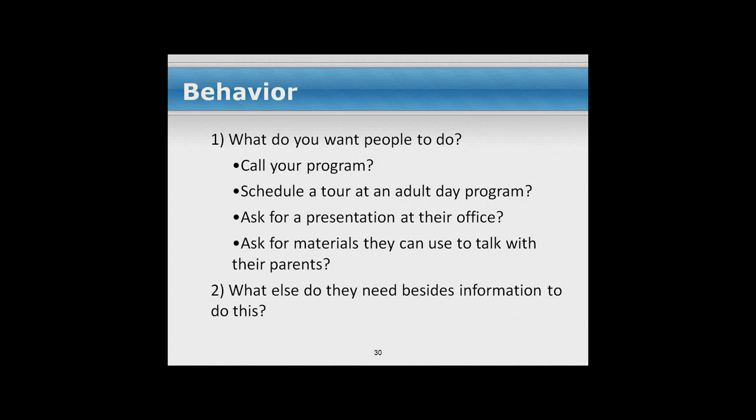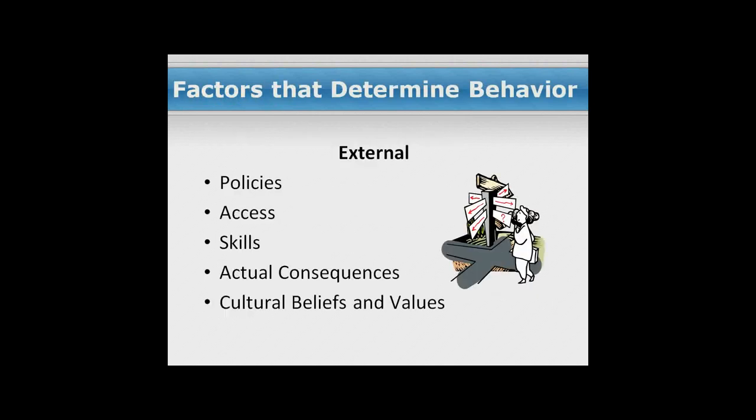And that gets into what else do they need besides information to do that. So what are the factors? What are those kinds of things that they need? Externally, there's a lot of things that we have externally and internally that contribute to what decisions we all make individually. Think about the external factors that you may be contributing to or that we're contributing to in our services